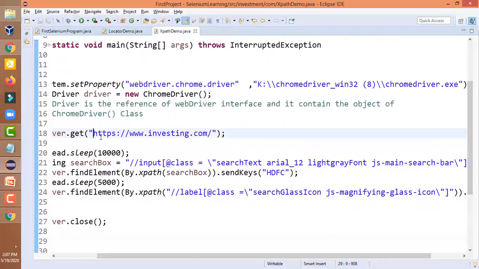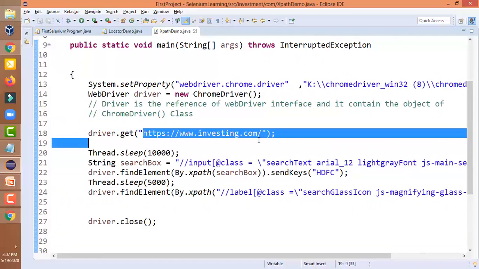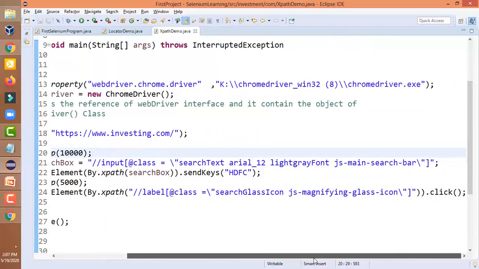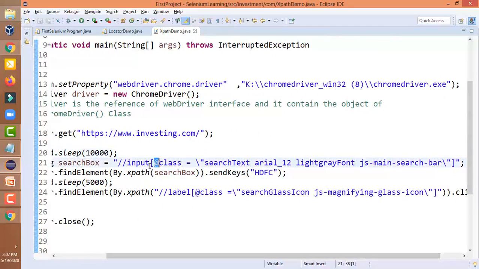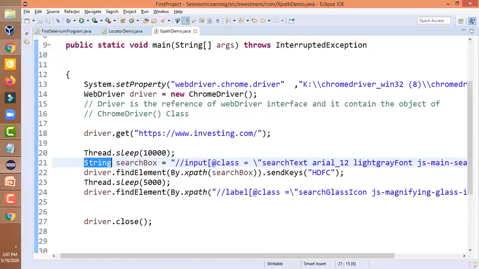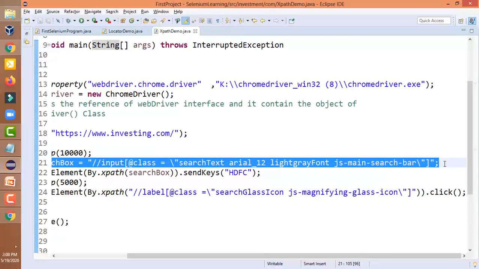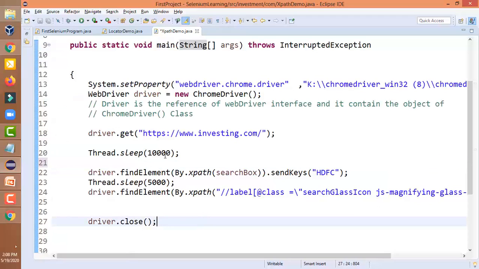So we are using the investing.com website and @class. Let me first skip this.